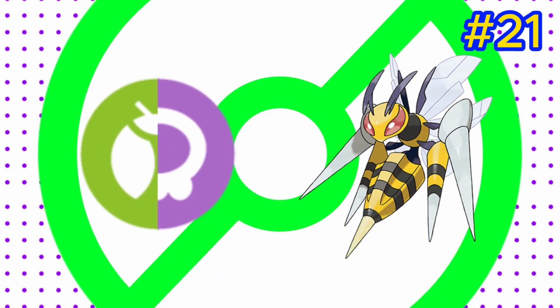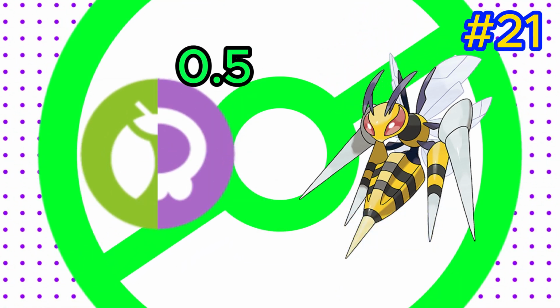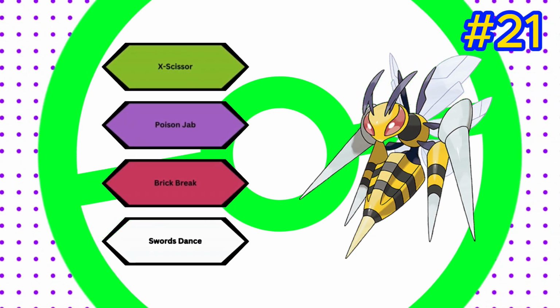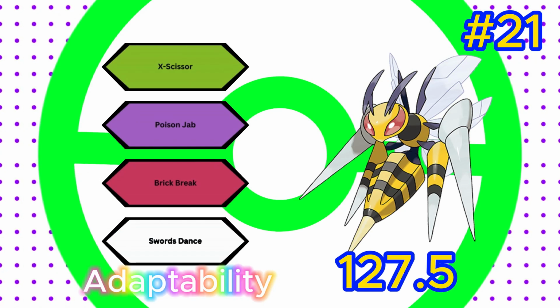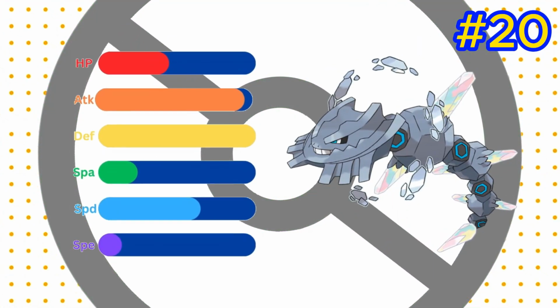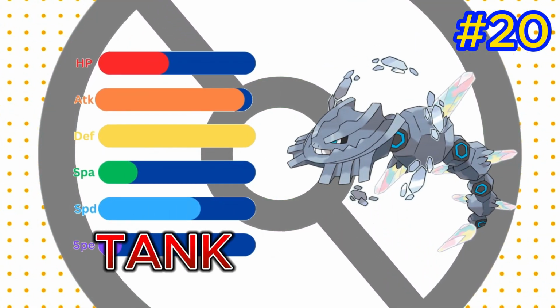Beedrill has the typing of Bug and Poison to give her a typing score of 0.5, and will have the moveset of X-Scissor, Poison Jab, Brick Break, and Swords Dance, paired up with the ability Adaptability for an average move score of 127.5, and a final score of 757. And 20th is Steelix. Its stat split will be classified as a tank, making it the highest ranking tank on this